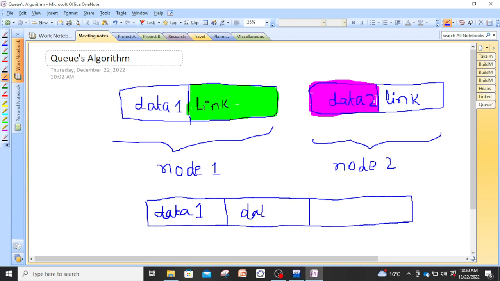And here the link part comes at this place, and remember, this link part is of this link. And you see that now data 1 and data 2 both have come closer. This is the cause of